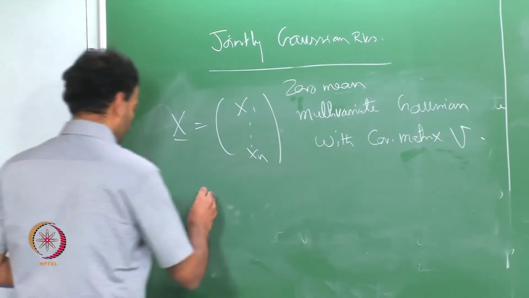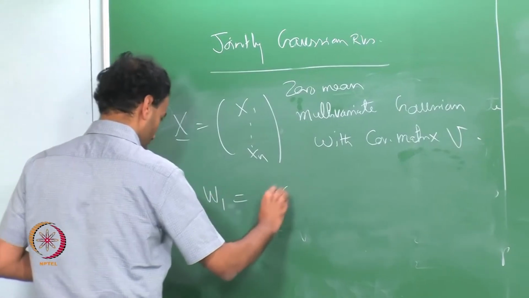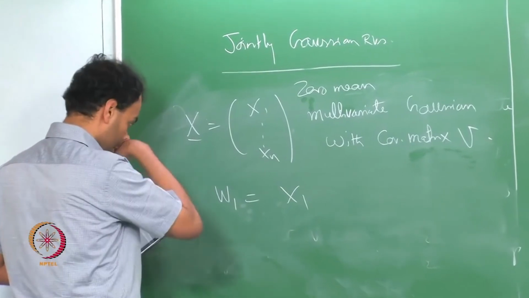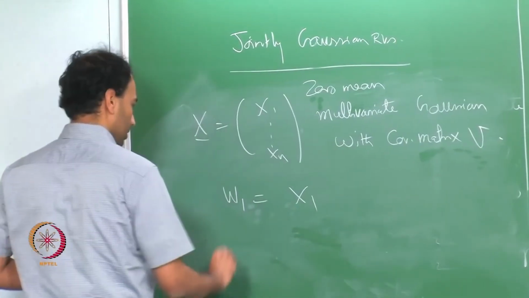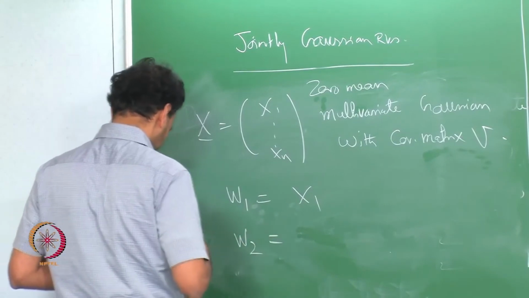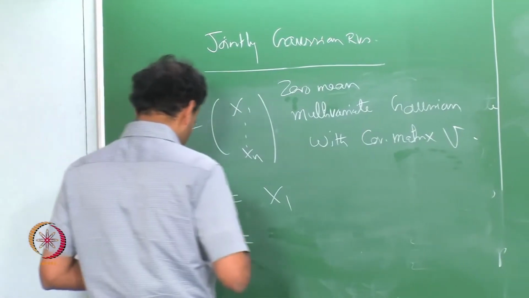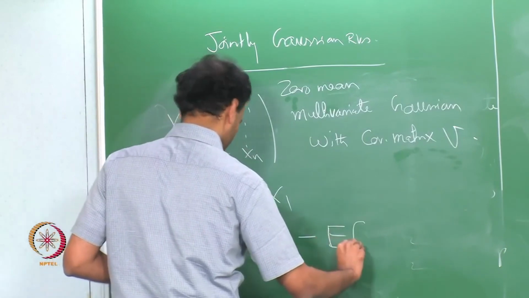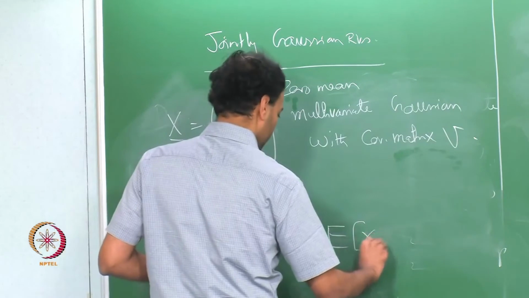So, the procedure is to do this: you take w1 equal to x1, okay, then you take w2 equal to x2 and subtract out that,